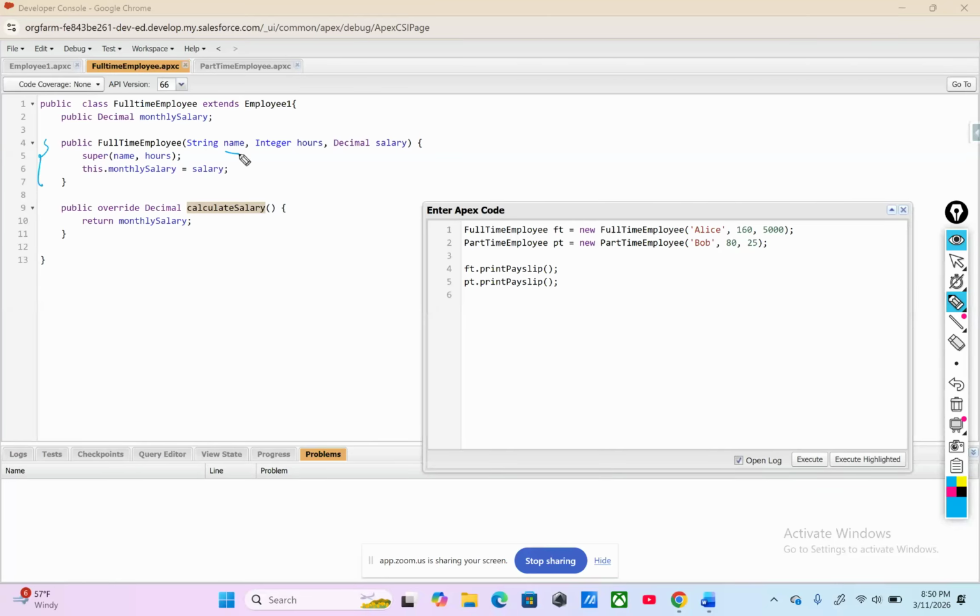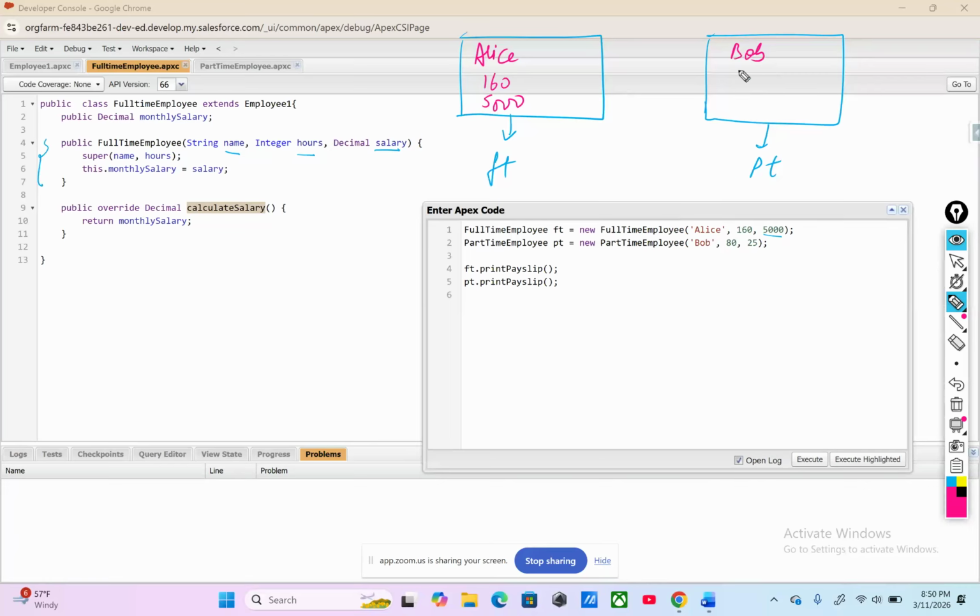And you're passing in name as Alice, hours is 160, and 5,000 is the salary. So name and hours, basically you created an object which is called FT. And you created another object which you call PT. Then Alice, name is equal to Alice, hours is equal to 160, and the salary is equal to 5,000. Whereas this person's name is Bob, he's a part-time employee, hours is 80, and 25 is the,